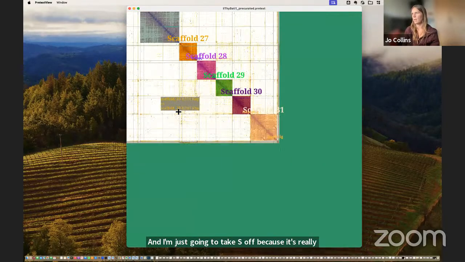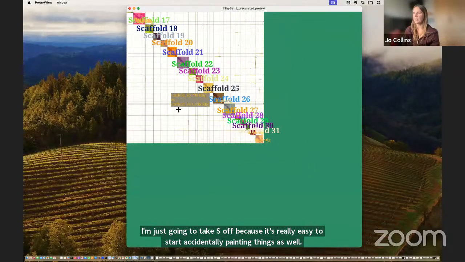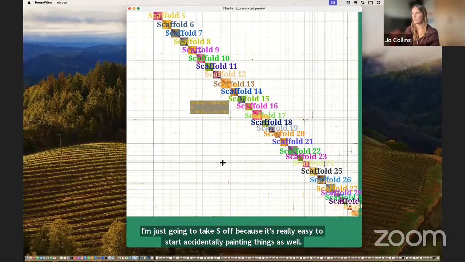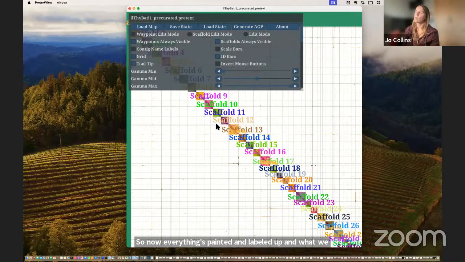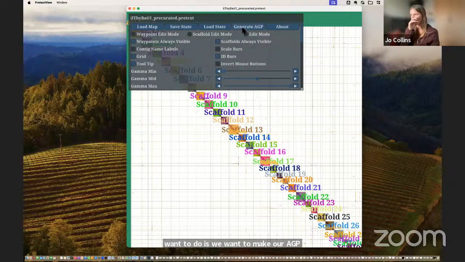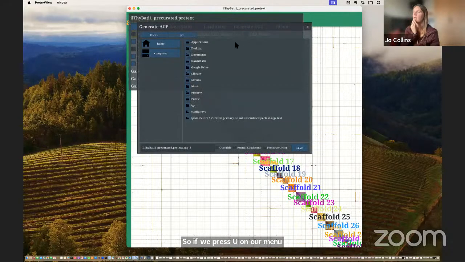So now everything's painted and labelled up, and what we want to do is make our AGP. So if we press U on our menu, you can then generate your AGP, and then